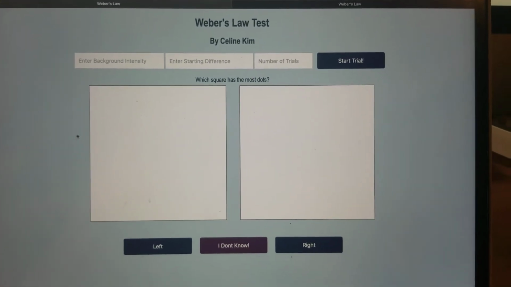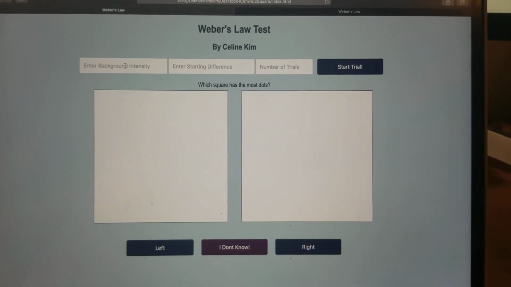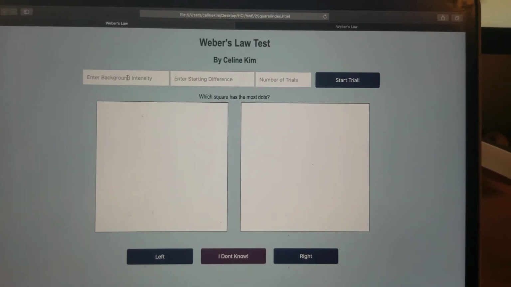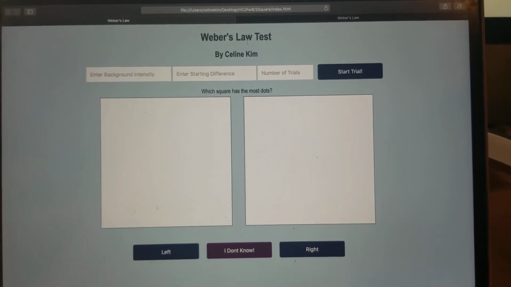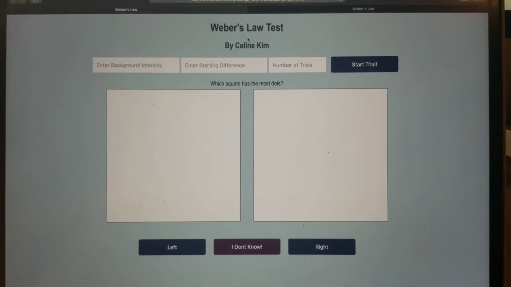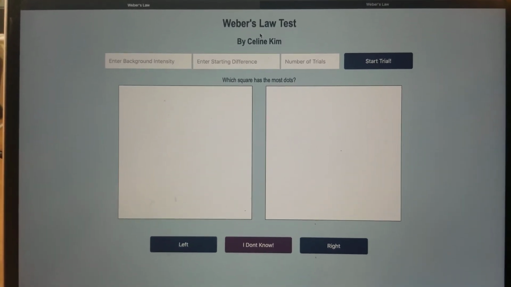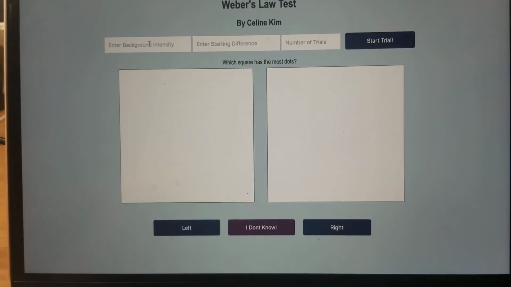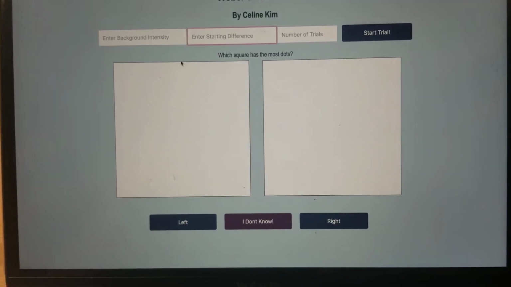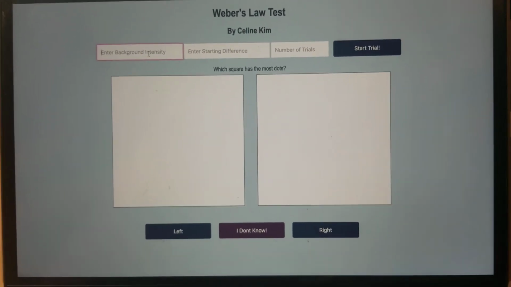Alright, so because I did 60 trials for each type of background intensity, for over 10 different types of intensities for 2 different methods, I couldn't record the entire run because it would be over an hour. So instead I'm just gonna show you how I conducted each trial, depending on the background intensity and starting difference. So my first one is the generic 2 squares,